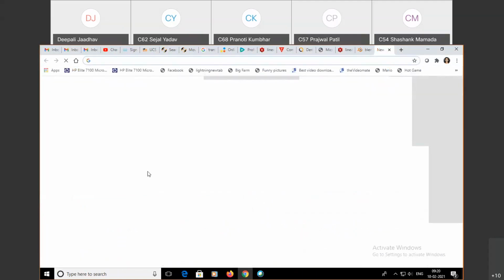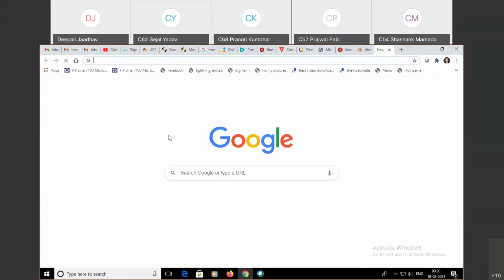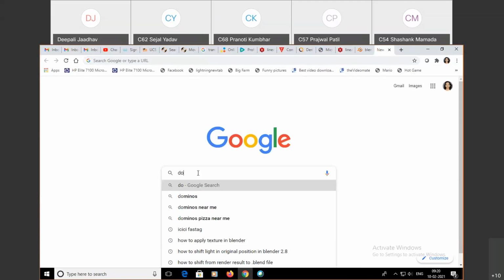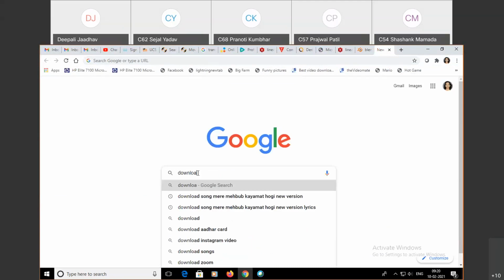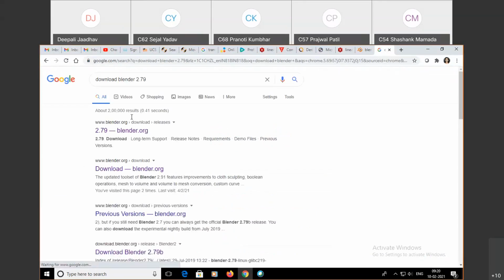So for simplicity, I directly use here download Blender 2.79. Okay, so it is there in download and releases of www.blender.org.